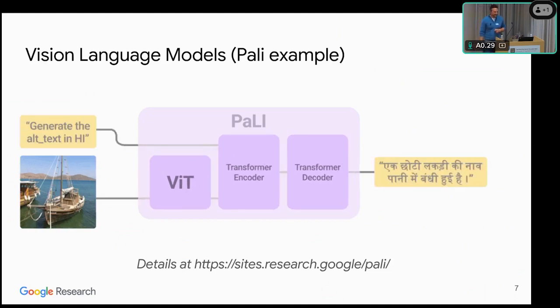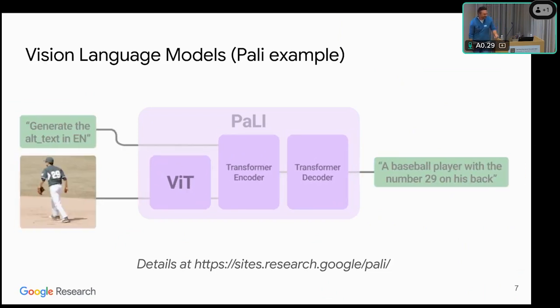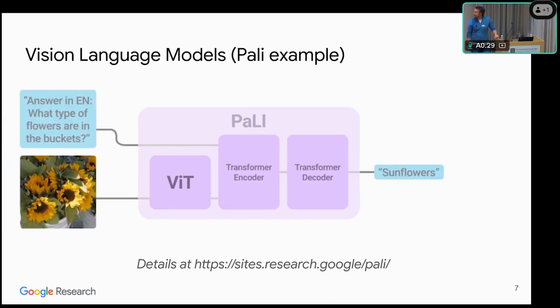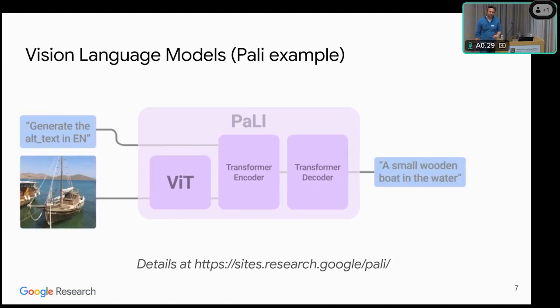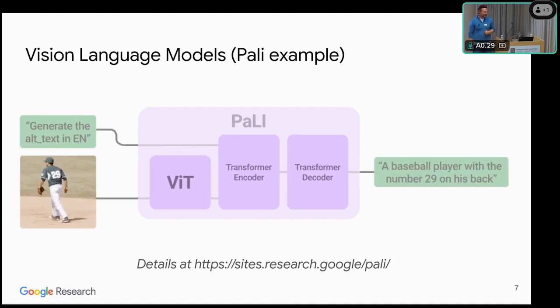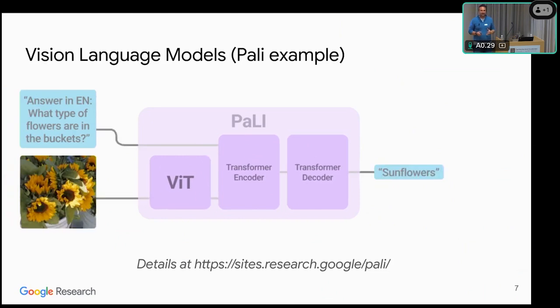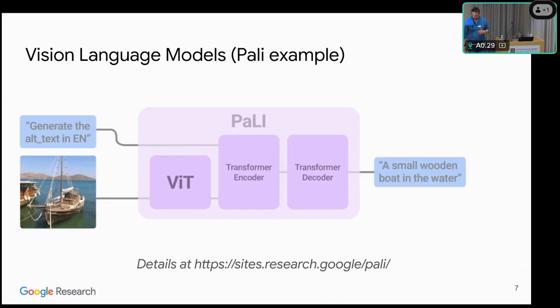And so the way this is done is the text goes in as it would in an LLM. Then the image can be encoded through what we call a vision transformer to get some tokens, and then we can feed all of that into a transformer encoder, through a transformer decoder, and decode some text. This is really cool because it's using all the same building blocks as LLMs do, but now we can pull in images, which is another modality, and get all the goodies and all the knowledge that's baked into the LLM models.